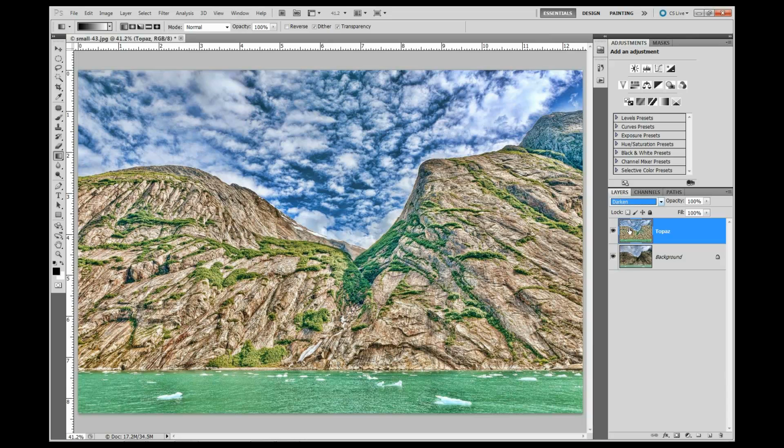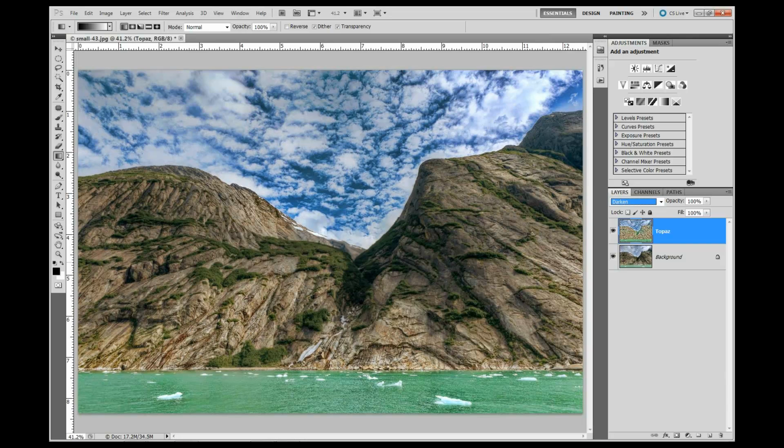And the darken blend mode is going to take only the darkest pixels from each of the layers. So if we look at the interpretation now that I've applied the darken blend mode, really the only thing that's changed is the sky. So if I need that sky to be kicked up a little bit, but I don't want to change anything else, and I don't want to have to worry about selecting or masking anything, then the darken blend mode gives me that auto mask capability when something like Topaz Adjust has given me a